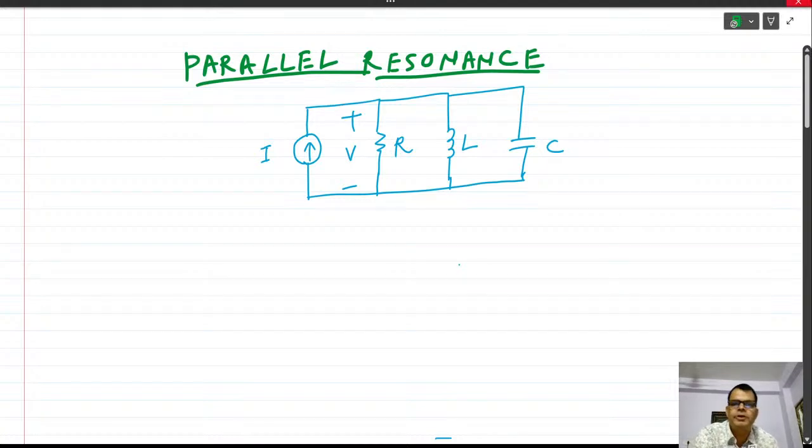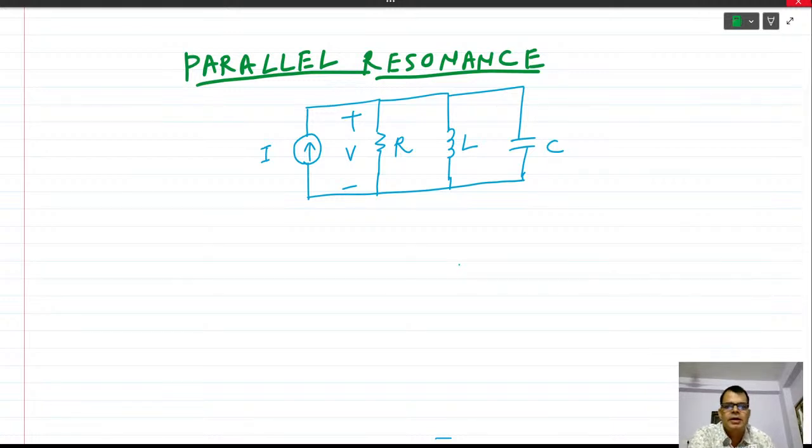So today we are going to discuss the parallel resonance. In the parallel circuit, you have R, L, and C all in parallel, and it is driven by a current source. So as you know, at resonance,